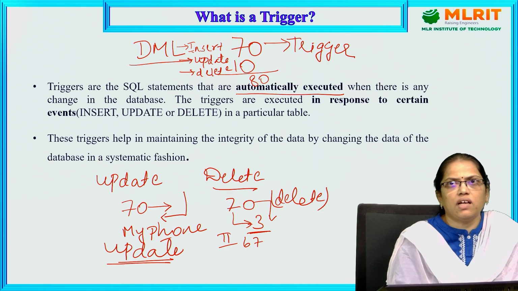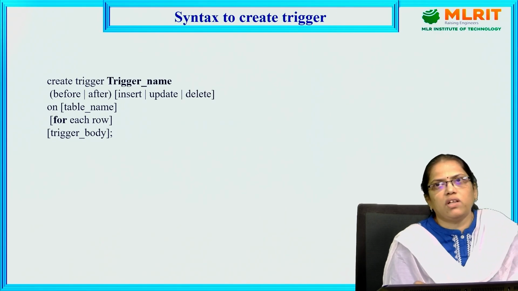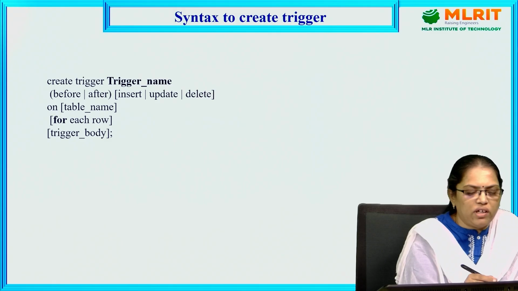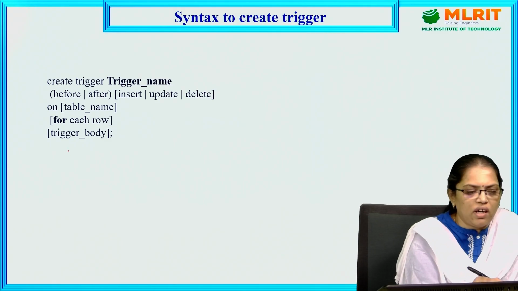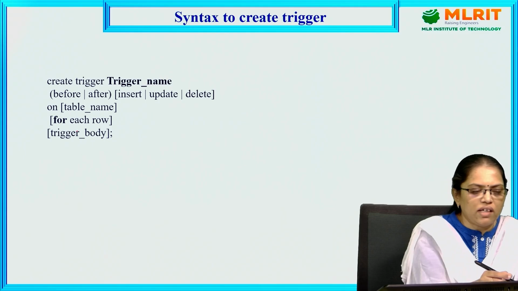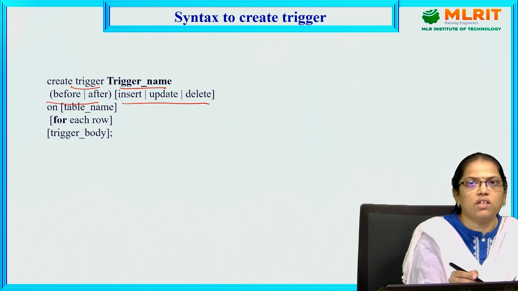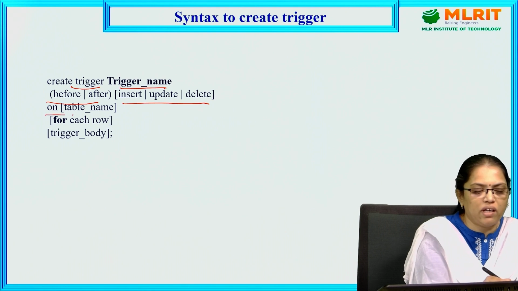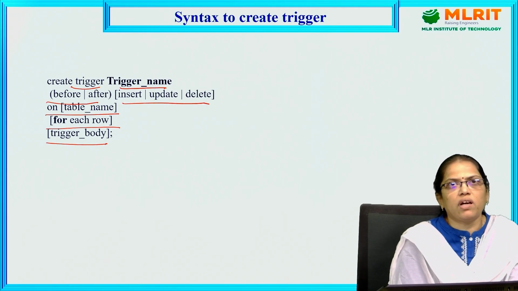Okay, this is the exact definition of trigger, and the general form of the trigger is that you have event, condition and action. Now let us see the syntax of the trigger: create trigger, trigger name, before or after. As I told you, we use the 3 functions: insert, update, delete on table name for each row, trigger body, right? So now let me explain create trigger. What do you mean by create trigger?